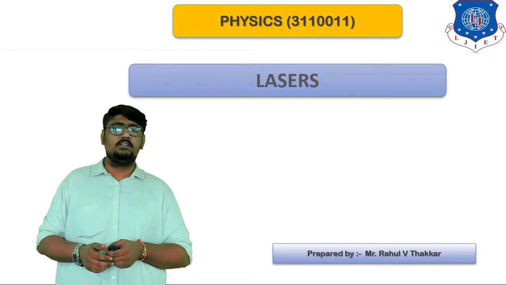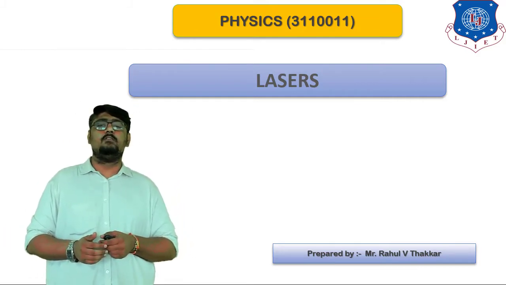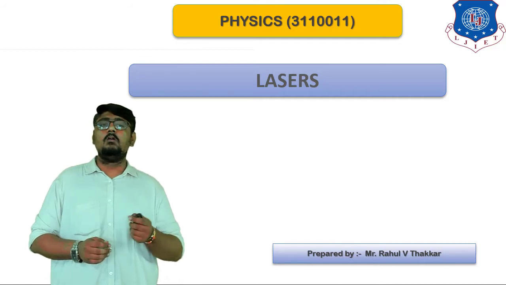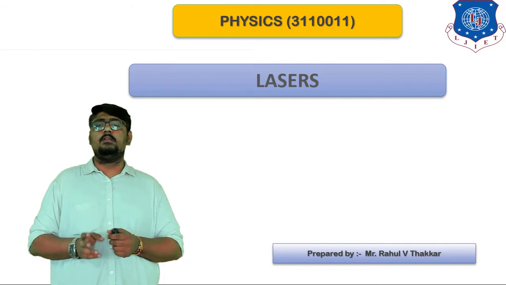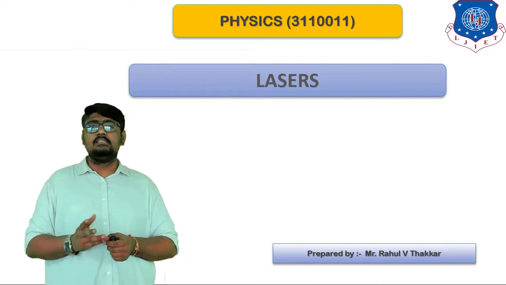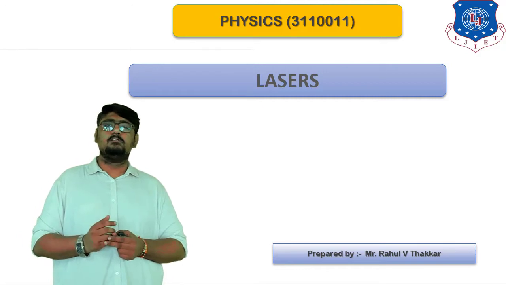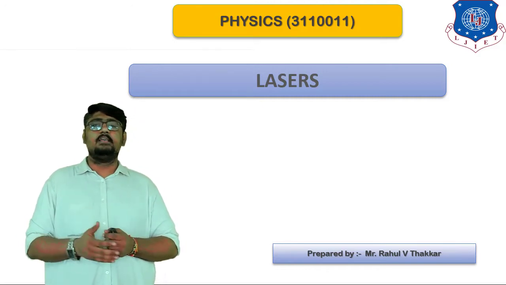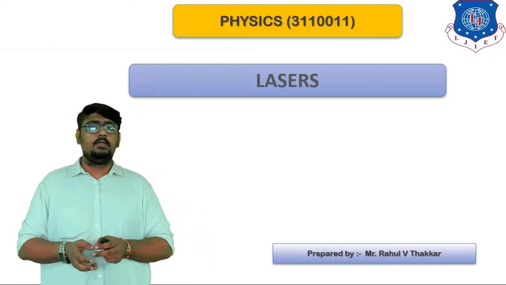Also, we have studied the ratio of spontaneous and stimulated emission rates, along with basic definitions such as population inversion, lasing, metastable state. Types of pumping were also discussed, along with basic laser system components, and thereafter we have